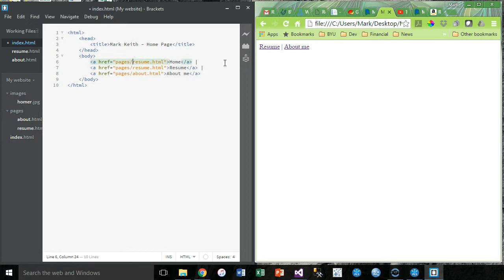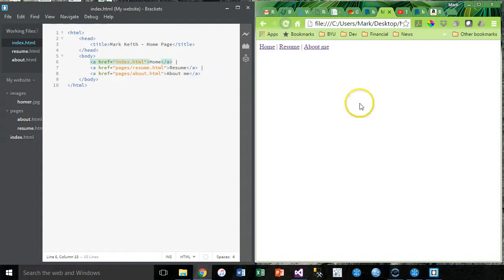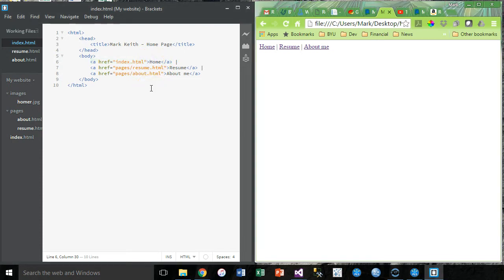Home. Change this to index.html, and since this is its own page, I'm linking to this page from this page. So I just put itself right there. Save that. Refresh. Let's say I want to bold home because that's the page we're currently on. What I would do is come in here inside the A or outside the A actually. It doesn't matter because both the A tag and this B tag I'm about to use are both what we